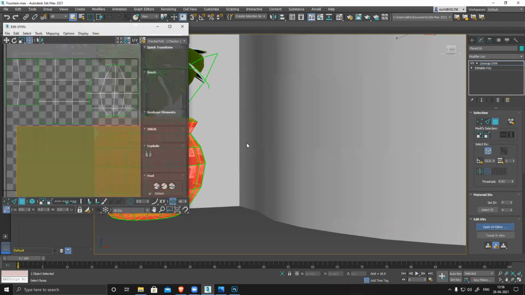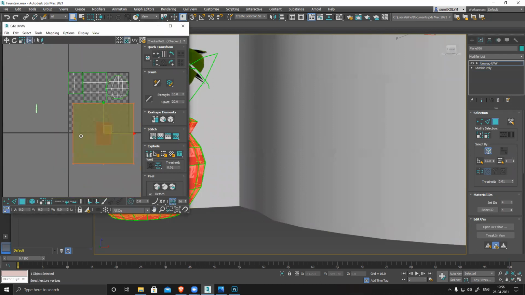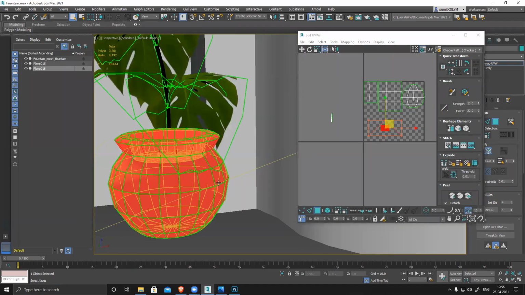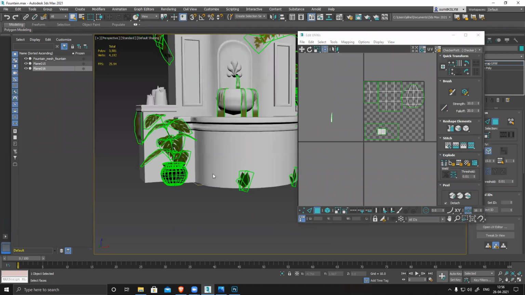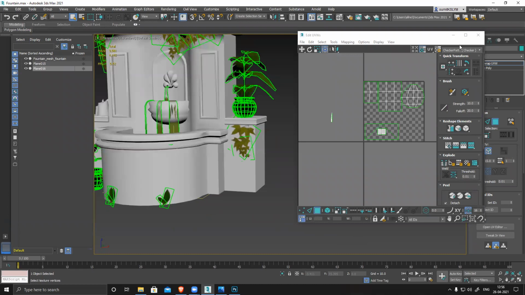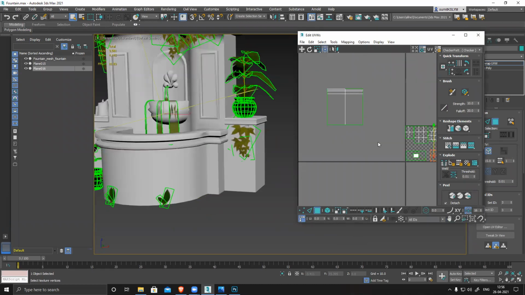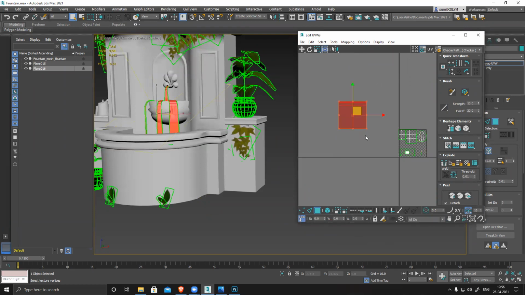And now I'll go here. I'm not using it properly. I haven't used it properly yet. Plus the stem. And what is this? Water. This is also transparent.